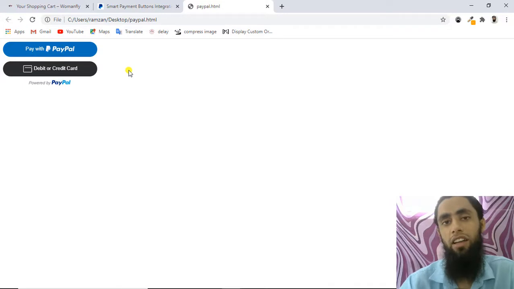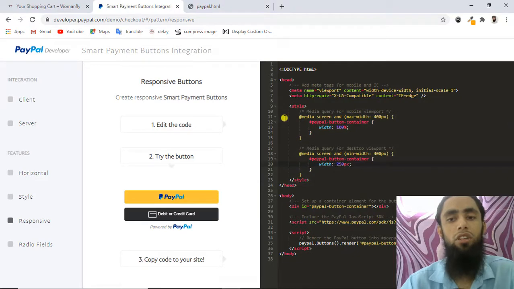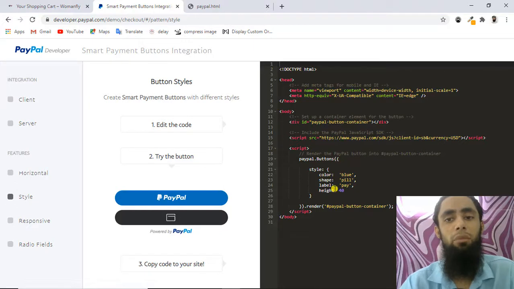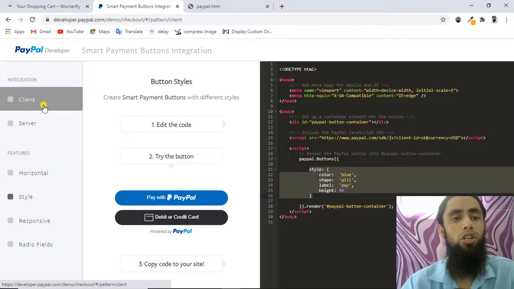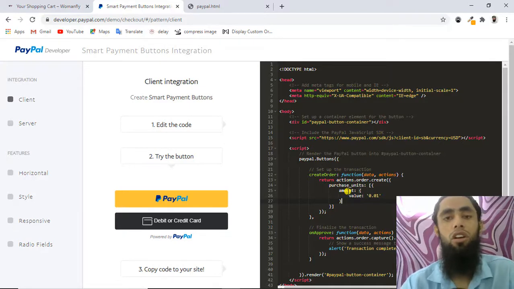You need not hire any specific individual or a developer. You can do it on your own, because I have already given you the steps to follow. If you are interested in using this responsive CSS, you can copy this code from here. If you are interested in changing the color, size, shape and label, then you can use this specific attribute here. And if you are interested in using the complete JavaScript to handle the dynamic value, for example, this script would be used only because we have an amount and we wanted to keep it dynamic. If you are not sure about the dynamic amount, I will be adding the link in the description.